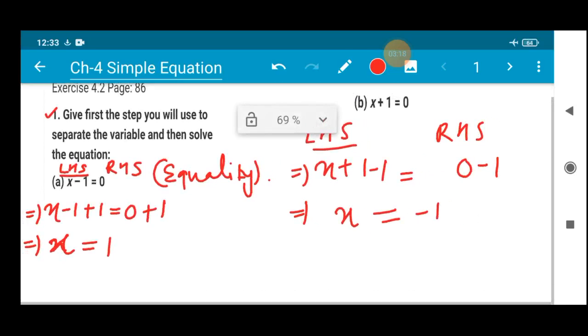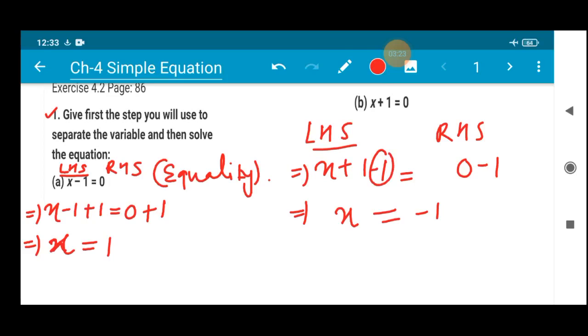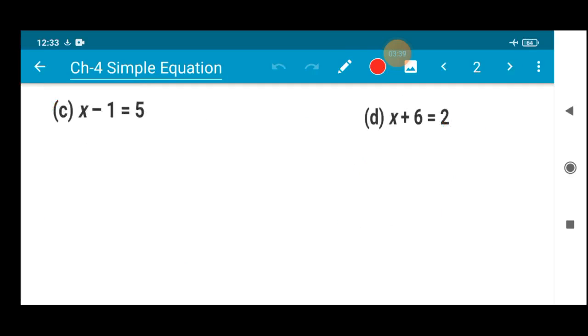You can easily see that in the first question it was minus 1, and here it is plus 1. To neutralize, I subtracted 1 on both sides here, and there I added 1 on both sides. I got x is equal to 1 there, and here I got x is equal to minus 1. Extremely easy, right? This process is nothing but the equality process. Whenever you are considering equality, the numbers should be added or subtracted on both sides. Don't forget that. Now x minus 1 is the left hand side part, so I'll be adding 1 as there is minus 1. Similarly, on the right hand side also I'll be adding 1.